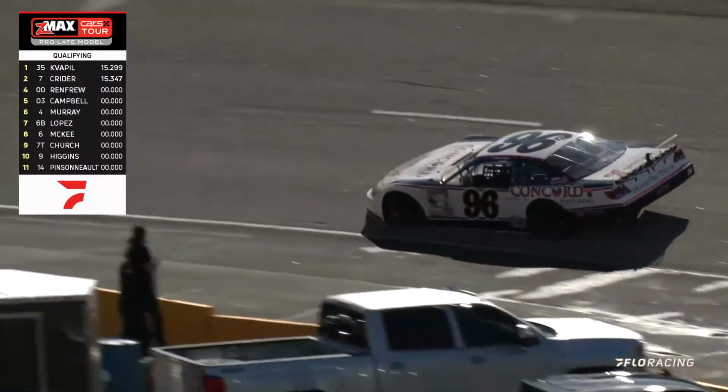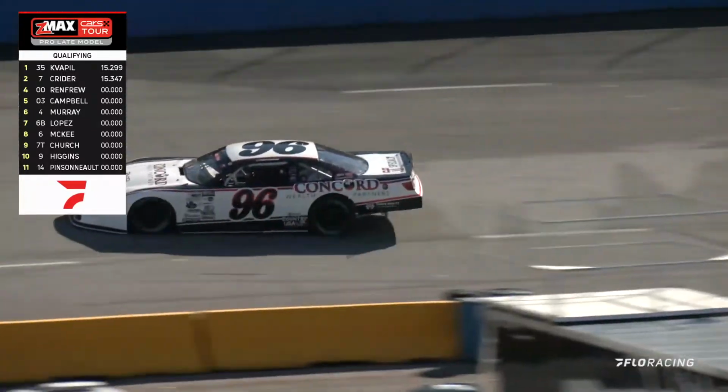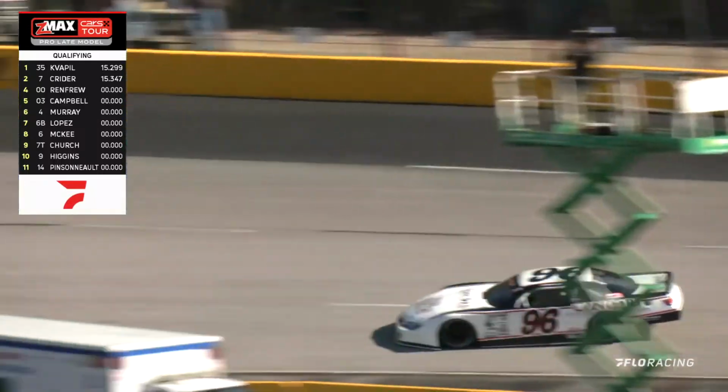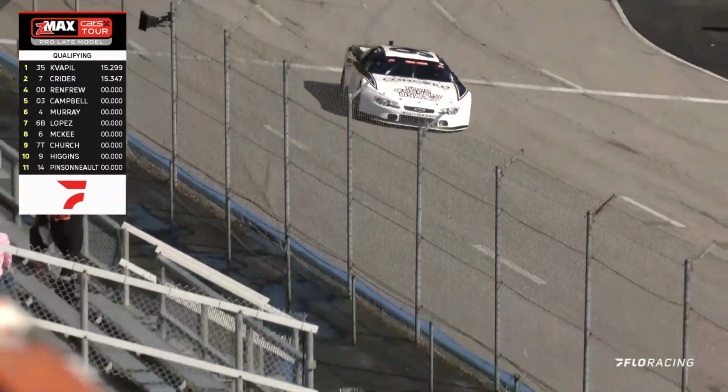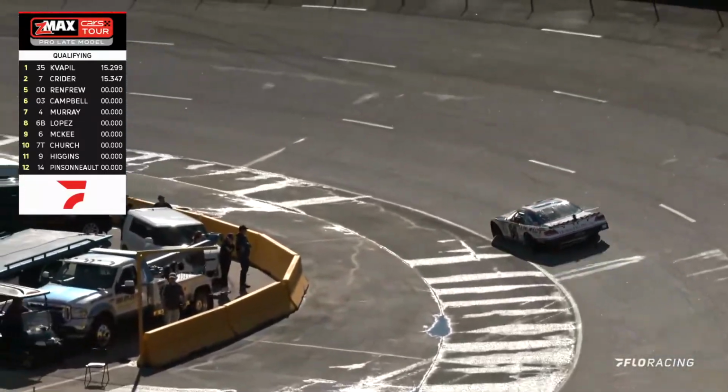Exiting the pit lane. This is a slick racetrack. You think cold tires, James showed us the track temperature earlier, 69 degrees. It's going to make a big challenge for the drivers, and look at the slide that he has right there. Everybody, we've heard all these drivers talk about all week, Eric, how important it is to get all the way